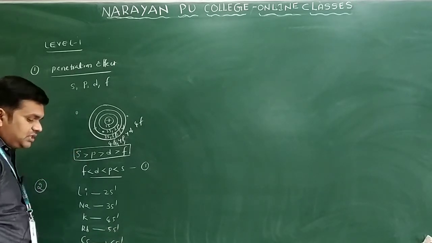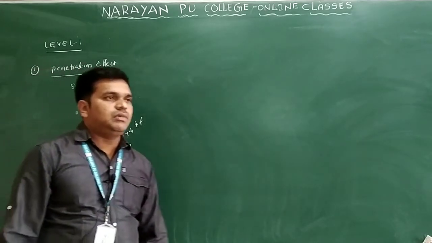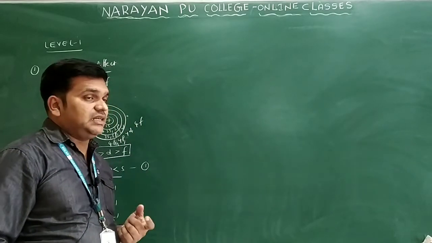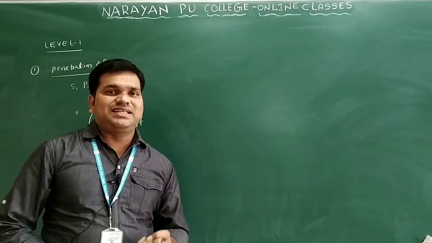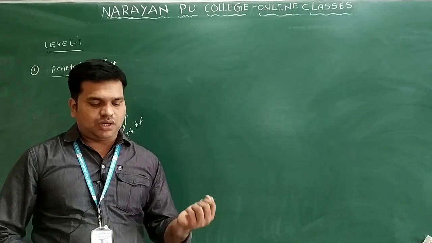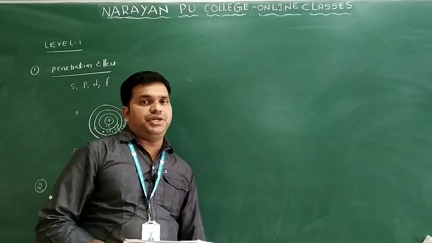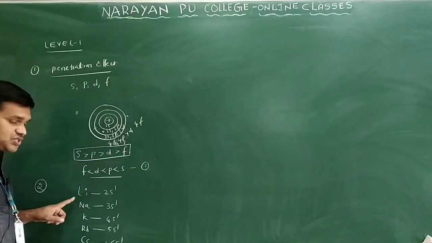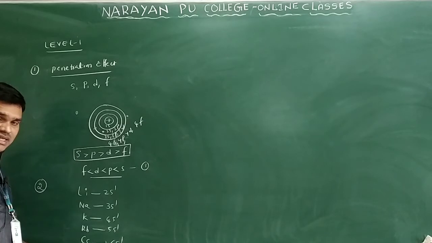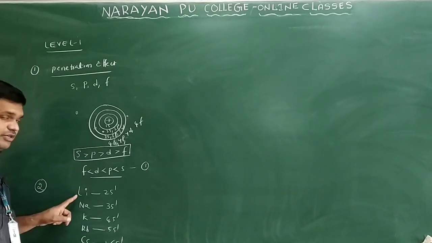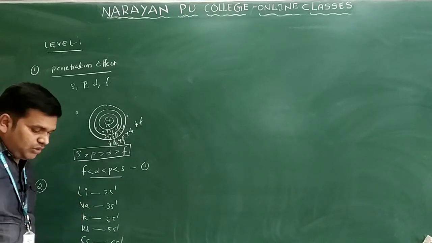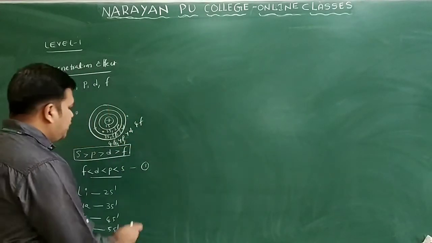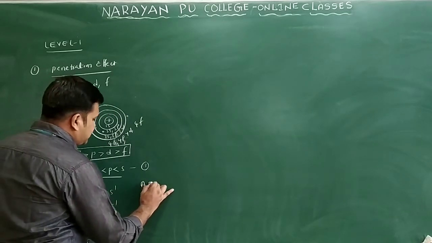You know, top to bottom in a group, atomic radius increases generally, then ionization energy decreases, electronegativity also decreases. You see the first option given is small size. First element is there, last element is there. The first element has the smallest size, the last element has the largest size. So is the first element small in size or not? Yes. The second one says high electronegativity and high ionization potential.